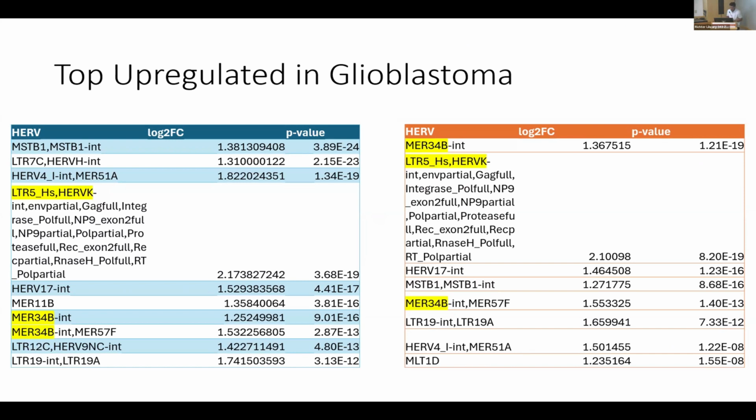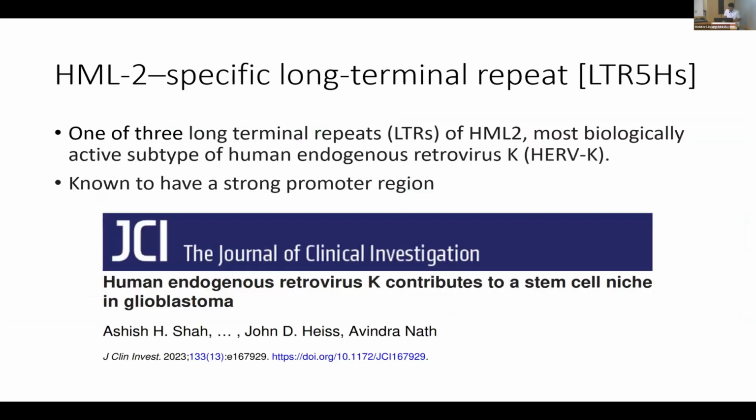And for the rest of my talk, I'll be talking about two of these HERVs in particular that we find of interest in the upregulated samples. I just want to focus on LTR5HS, as well as this MUR34B for the rest of my talk. So interestingly enough, LTR5HS is